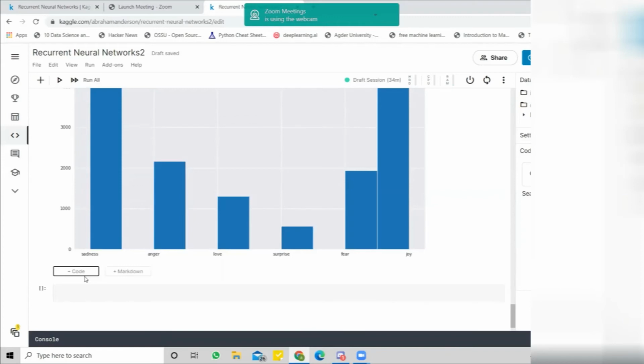Therefore, it means we can transform these labels into numbers. We have used this function before. From scikit-learn, we will use LabelEncoder. We have used this one for the mushroom data also.